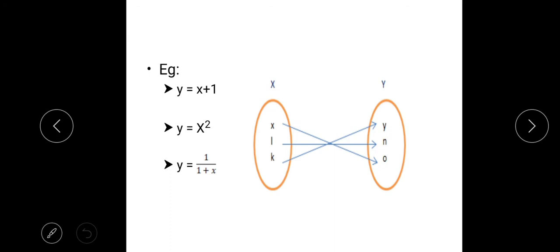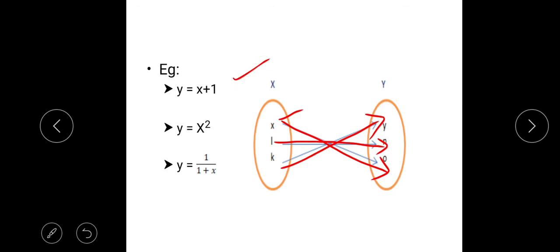And you can see a diagram here. This is called the arrow diagram. So for various x values here, this is mapped onto, connected to one y value here. And for the second x value, it is mapped onto another y value here. And the third x value is mapped onto, connected to another y value. This diagram is actually called the arrow diagram. Okay, you can see examples of functions.